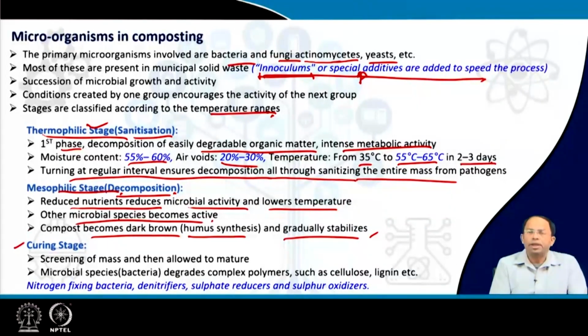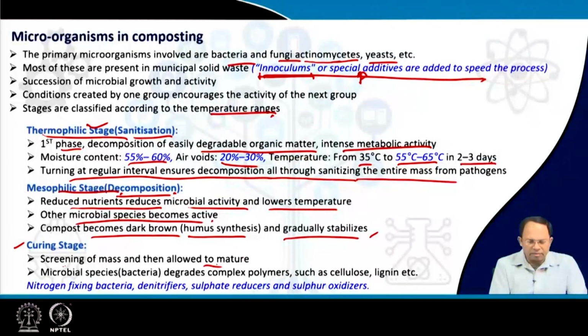Then the final stage is the curing stage of composting, and here we first screen the compost. That means when the compost is formed, we can find chunks of organic matter. These chunks are not decomposed, or there is difficulty decomposing them, so those have to be removed. Sometimes we do multiple screenings using different sieve sizes, so that we first remove the larger chunks, then the smaller chunks are removed. Some of it is returned back to the composting pile, and then it is used as insulation cover, or it could be further composted.